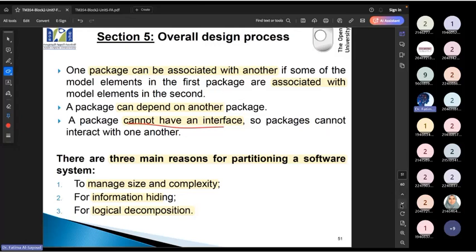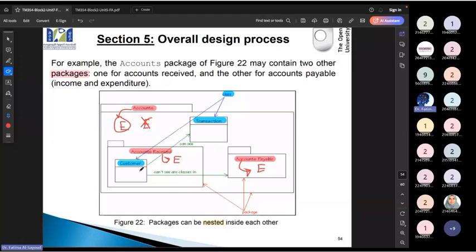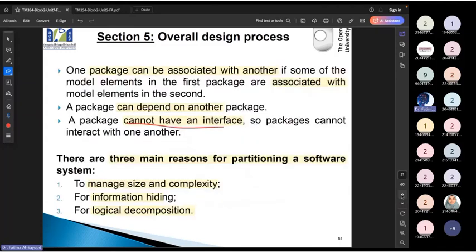Here there can be a relationship. I have classes, and they can be associated with each other. Yes, it's acceptable. Also a package can be dependent on another package, and we will see later when we have the illustrator type that it is dependent, connected to, and related to it. But the package cannot have an interface. What do you mean it cannot have an interface? Remember from programming, when we have a method, it can invoke another method. When we have an operation, as when we dealt with sequence diagrams.